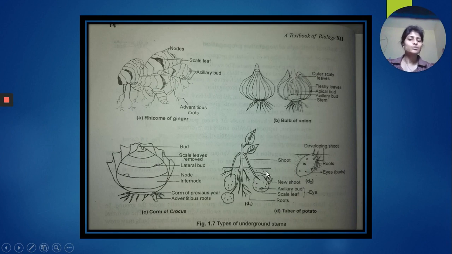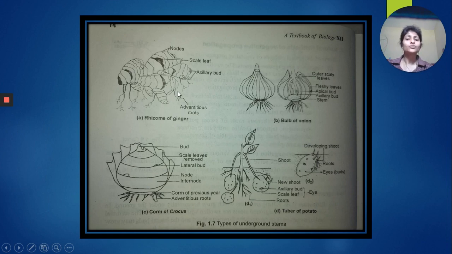Next one is tuber. A common example is potato, which is a kind of underground stem. Here, the underground stem has some scars over its body, and these scars have some meristematic tissues which can form a new plant very easily. In time, these buds will develop the root system as well as the shoot system to grow a new plant. So these are also called the eyes of the potato. One potato can form various potato plants.